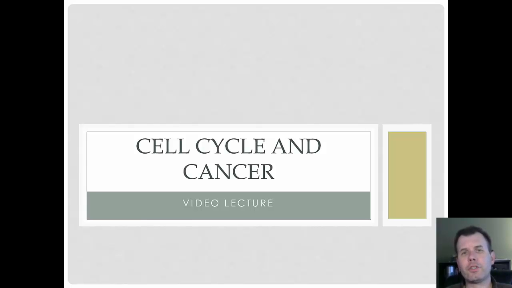Now, in the last set of lectures, we looked at how the DNA prepares itself and gets ready to go from one double-stranded piece of DNA to two. That's really important because we need our cells to replicate their DNA first before we can divide into two cells. So these things go hand in hand. If you remember watching those lectures last week about DNA replication, now we're going to be looking at how the cell divides. DNA replication is part of what is involved with cell division, and that's what we're going to look at.